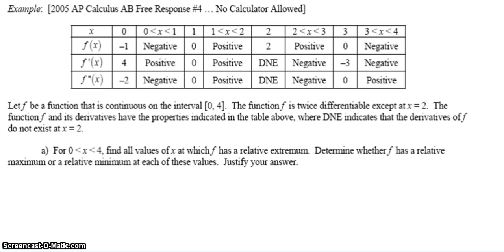Alright, now I want you to do the AP problem on the back of that sheet that I gave you. So I want you to pause the video, use the information given, and for x between 0 and 4, find all values of x at which f has a relative extremum. Determine whether f has a relative maximum or relative minimum at each of these values. Justify your answer. And then part B,